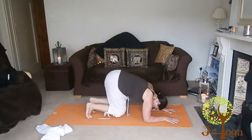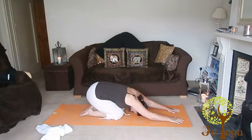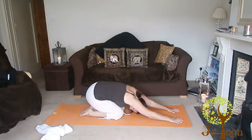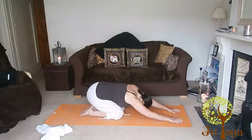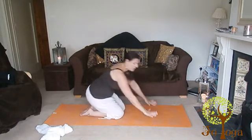Slowly drop the knees, come back into child's pose and rest that off. Stretching through those shoulders. Good. And bringing the hands nice and wide onto the mat, because you want to think about your hands as